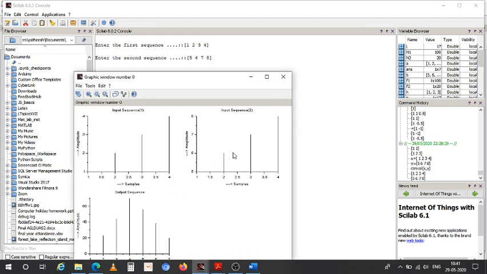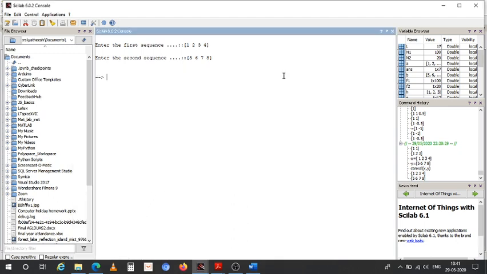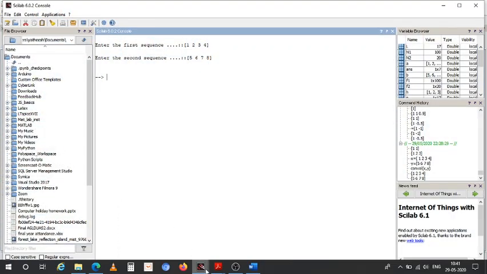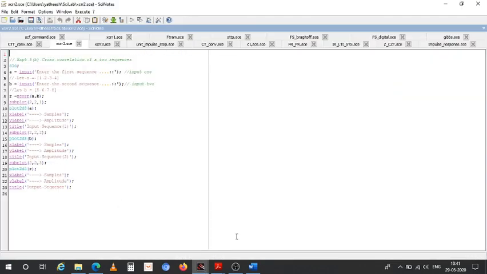Okay, input sequences, then output. So cross correlation is basically convolution of two different sequences.